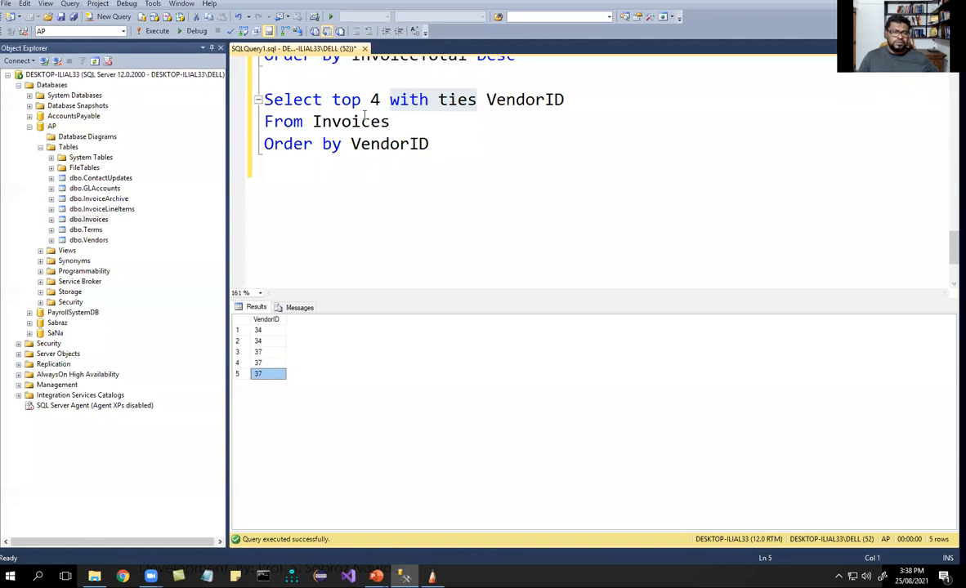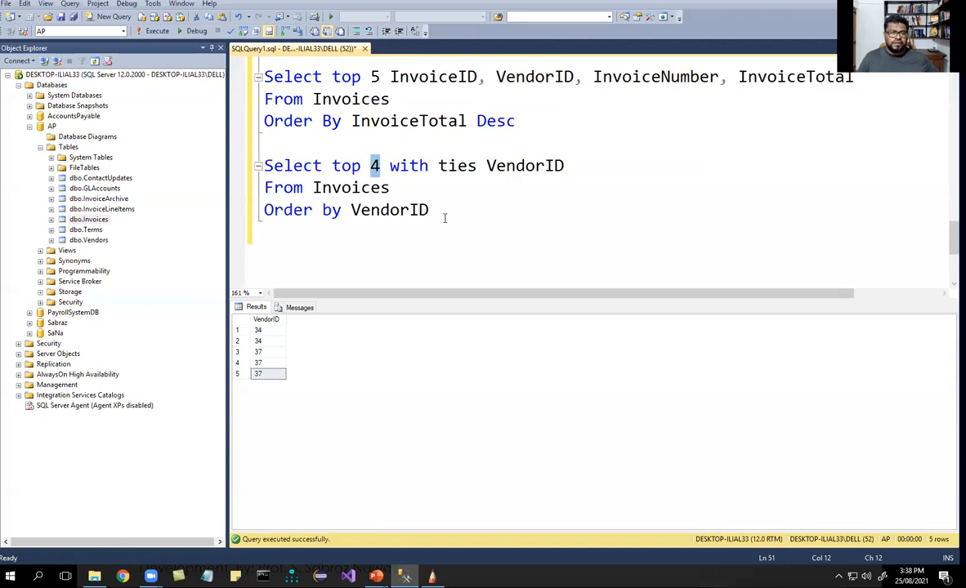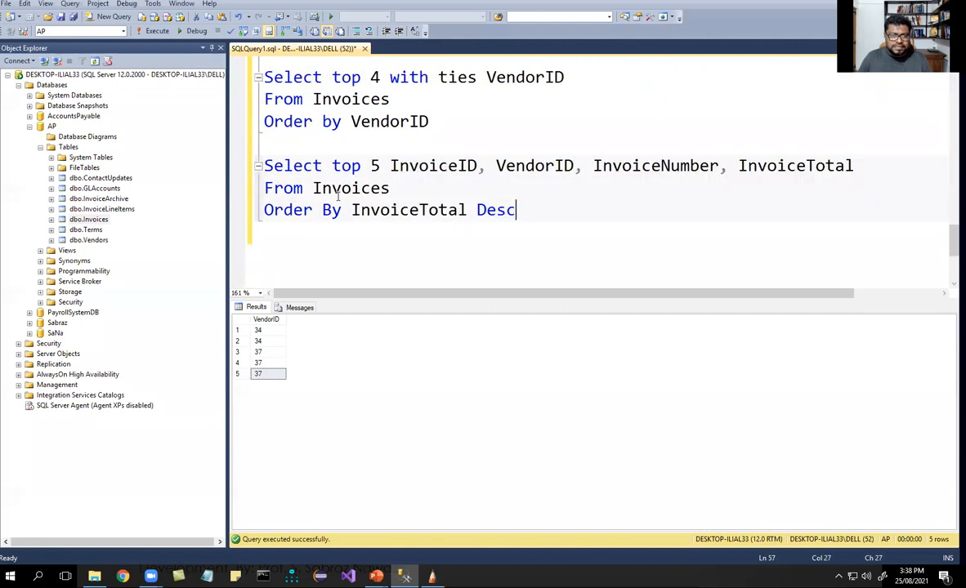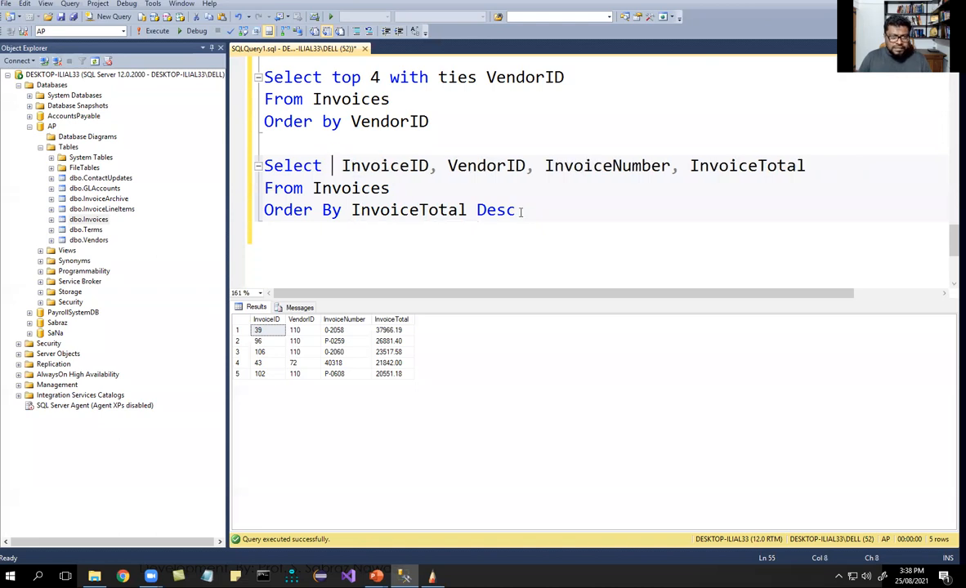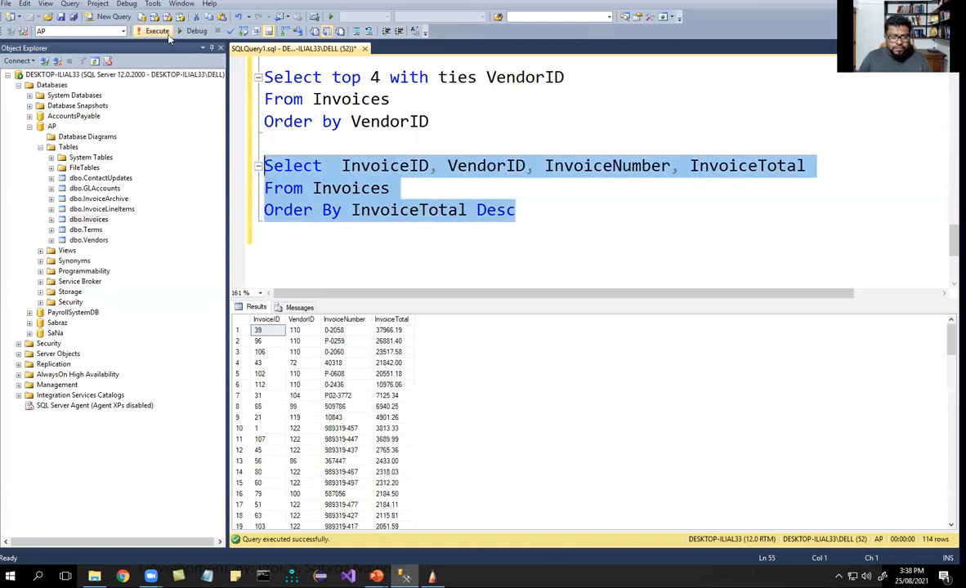Okay, so this is how it works. Ties. This is number of records. Also, we can have top 5%. Okay, top 5%. This is number. Only 5 numbers will be returned. Right? 5 numbers will be returned. And if you omit this, cut this, and run, there are 114 rows. 114 rows. I would like to say